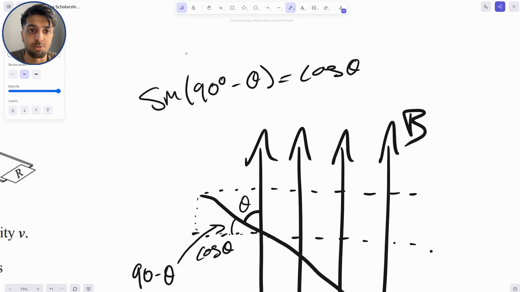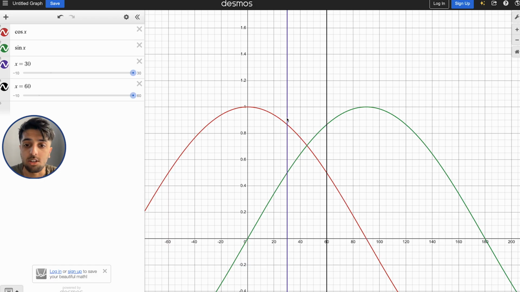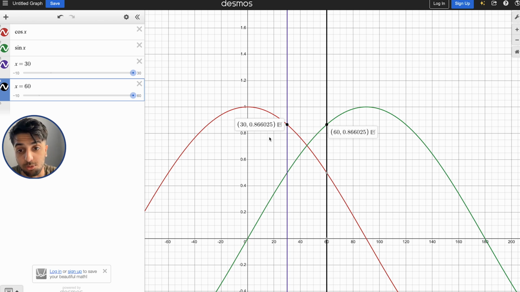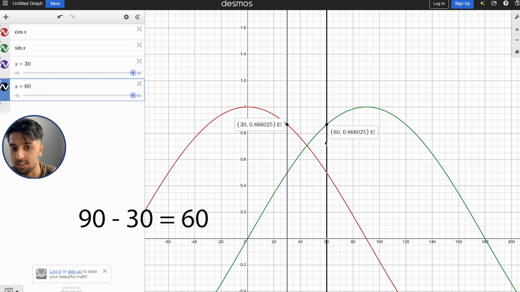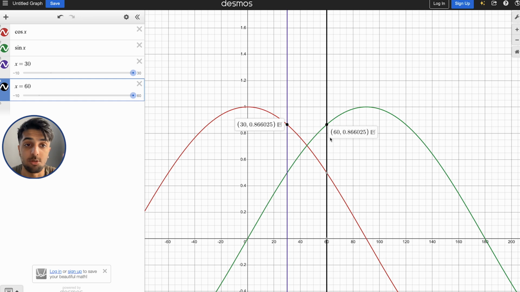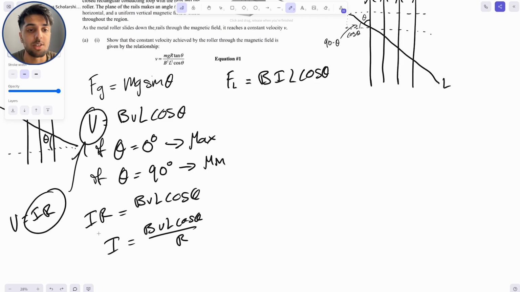And if we want to prove this relationship right here, just quickly, we can see we have a cos graph and a sine graph. We can see that cos 30 is equal to 0.866025, and sine of 90 minus theta, or in this case 60, is equal to 0.866025 as well. And so we can now sub in our current for this current in here, and we get